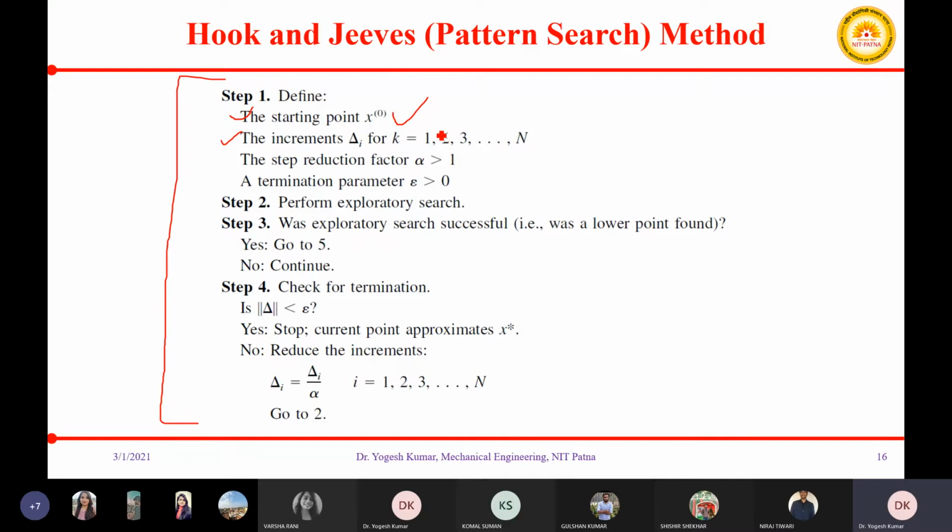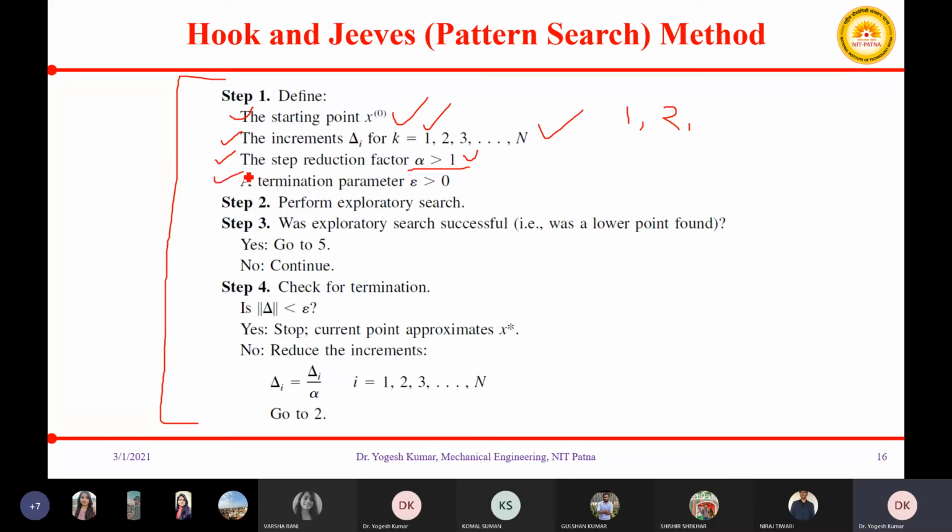We may say you have step size delta equal to 1 or 2, 1, 2, 3, and up to n, whatever value you choose as per your convenience. Then we have a step reduction factor, say alpha. Because it is a step reduction factor, it should always be greater than 1.